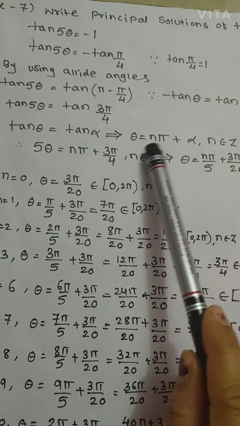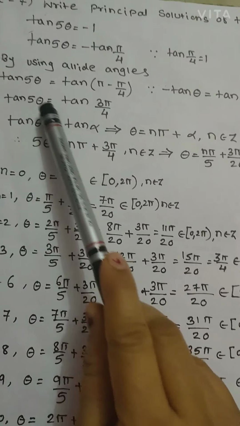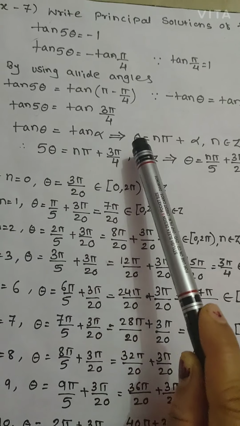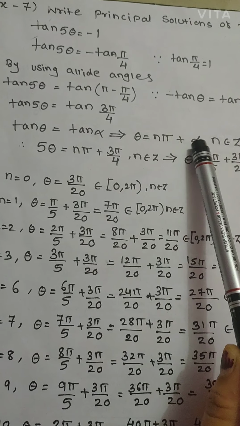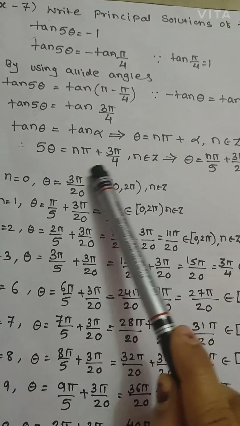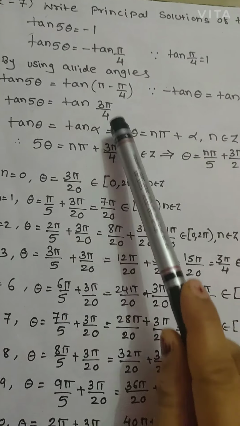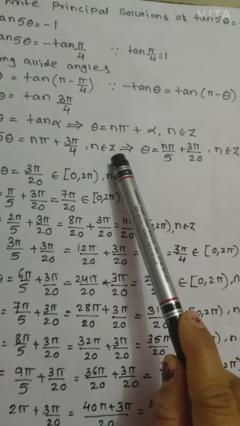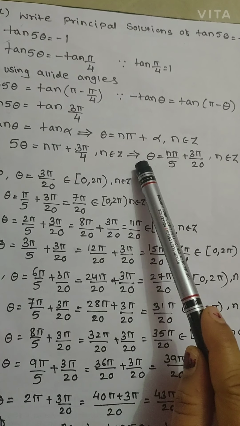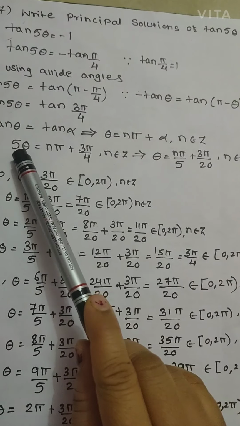Now, how to write this? This theta in the form of theta, which is equal to the general term n pi as it is. In place of alpha there is 3 pi by 4, where n belongs to Z. Now this implies that theta, here is pi